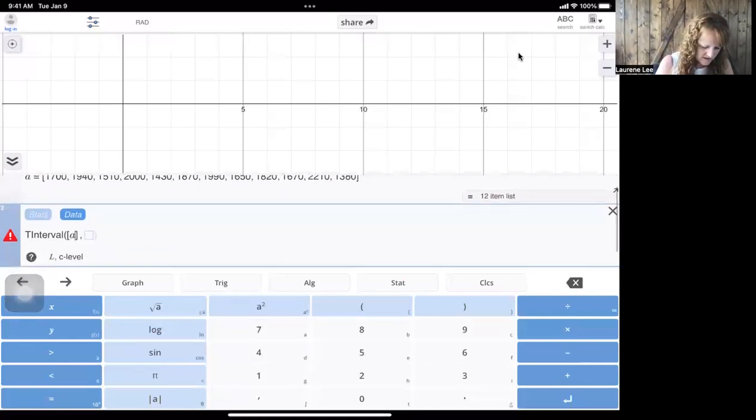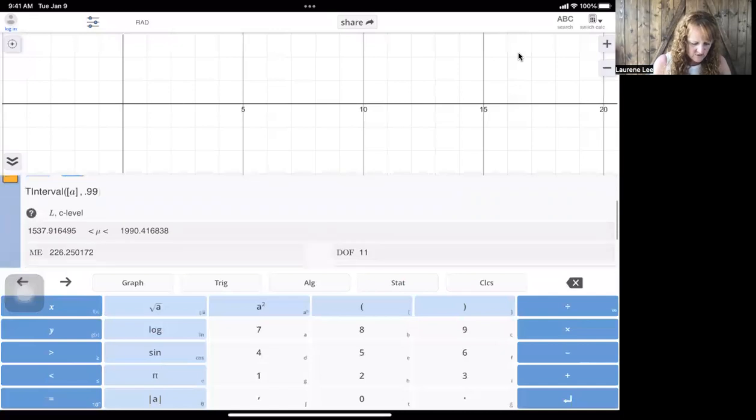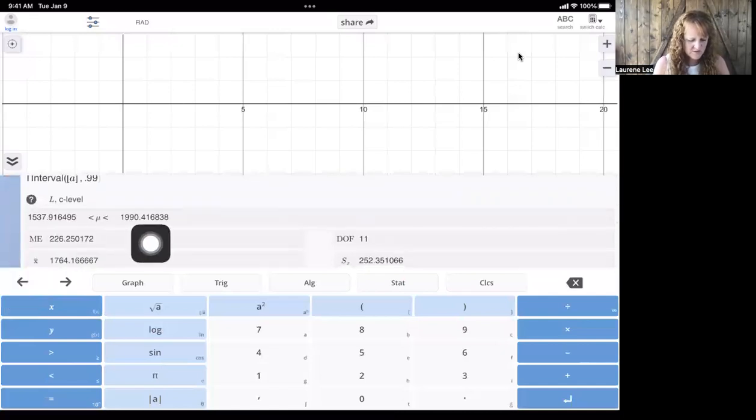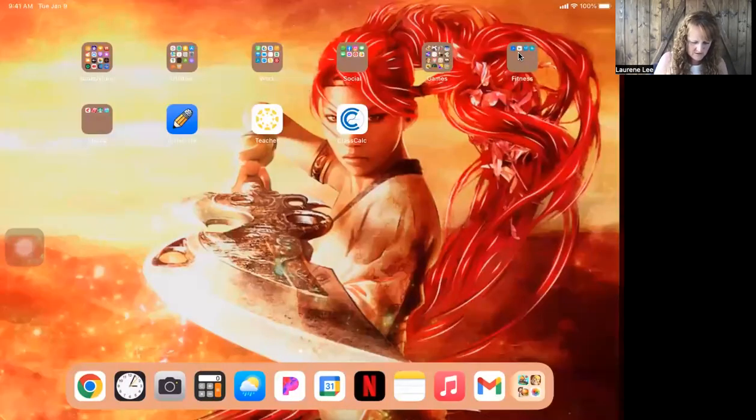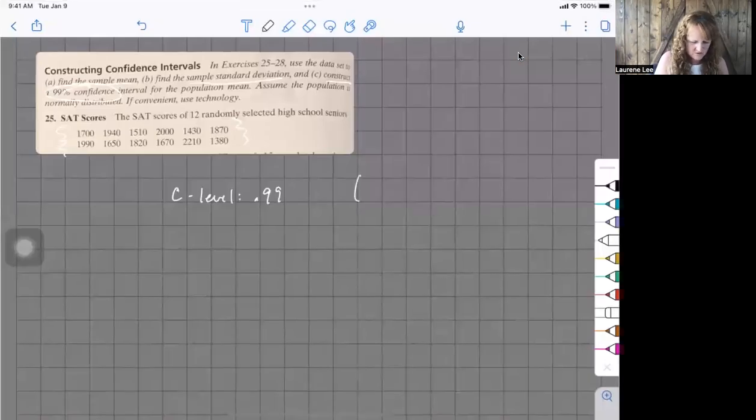And then it wants my confidence level. And this one was asking me for a 0.99 confidence level. And that's going to be my interval for the SAT scores. Okay, so let's flip back here. My confidence interval is going to be